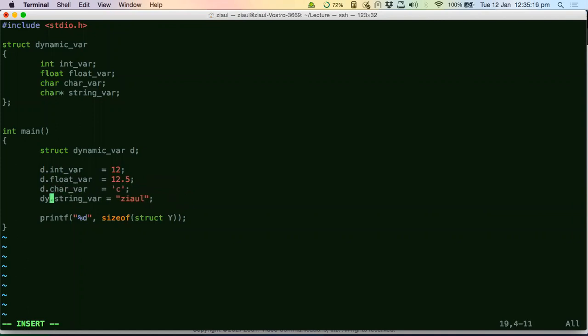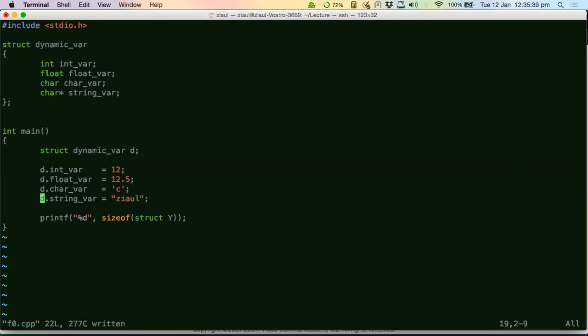So whatever I wanted from my program, this is a perfectly valid solution for that. Why? Because I wanted a single variable, right? And D is a single variable of type struct. And then it can store these different types of data. It can store an int, it can store a float, it can store a character, it can store a string.